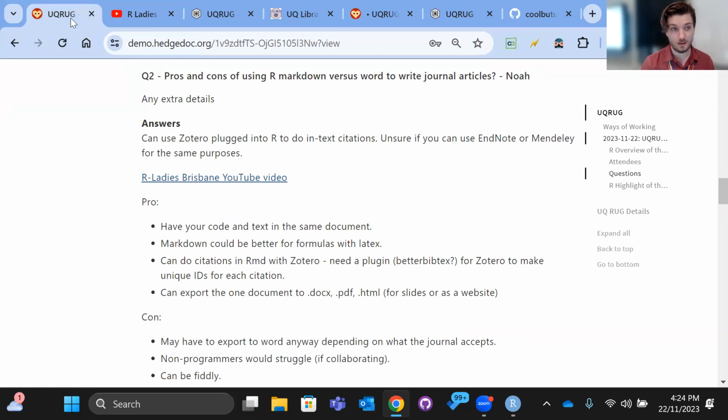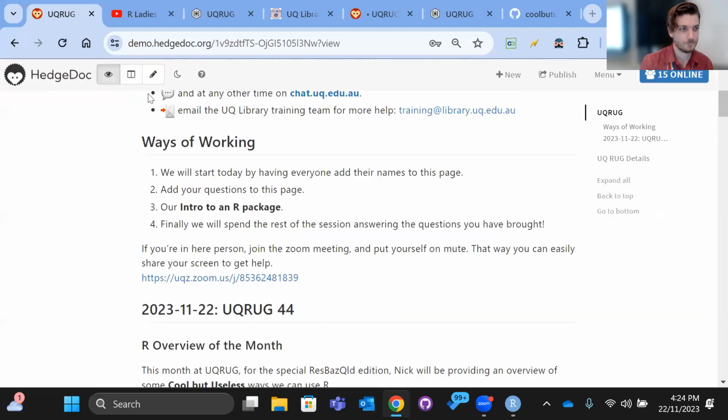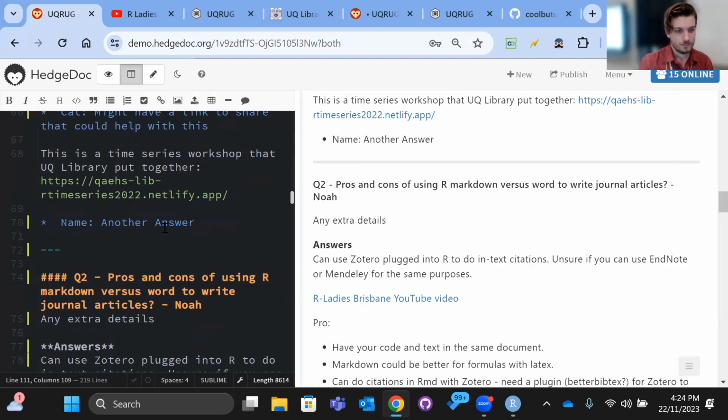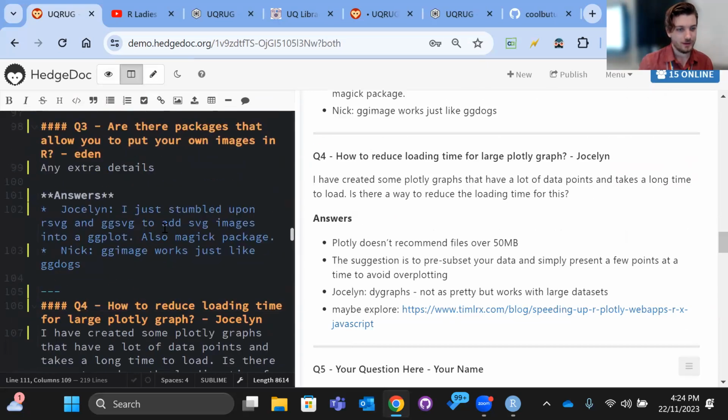What does everyone want to do? Oh, wait, there was a question in the chat. Jane has said: I have very large data sets and do just this, use ggplot to look at the big data and then subset into plotly. Right, so you don't need to interact with 1,000,000 points, but you want to show there's 1,000,000 points. So have a static 1,000,000 point ggplot and then have the smaller ones as interactive. Yeah, that's an elegant solution. Thank you. I'm going to put them in there, because that way someone can search for it and find the answer later.